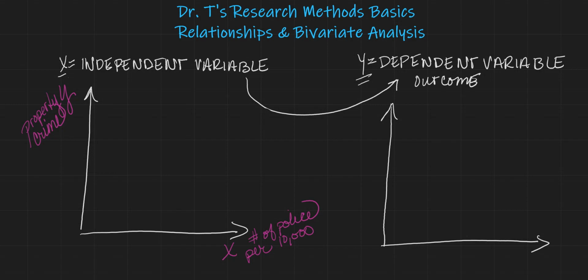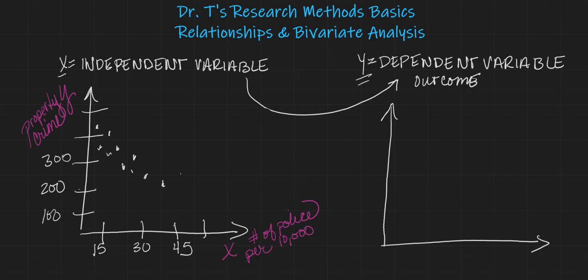All right, so we take a look at a whole bunch of cities, and their property crime rates would probably be per 10,000. And we take a look at officers, and we're looking at the number of police officers per 10,000. So, I don't know, let's say 15, 30. Okay. Well, if we look at this and we plot out a whole bunch of different cities, more than likely we will find something kind of like this,